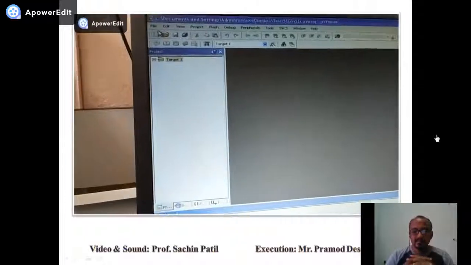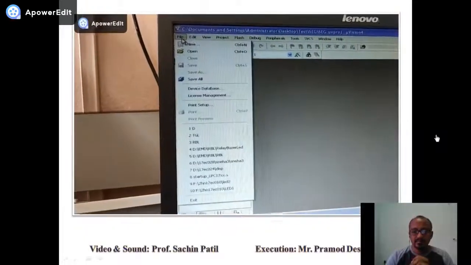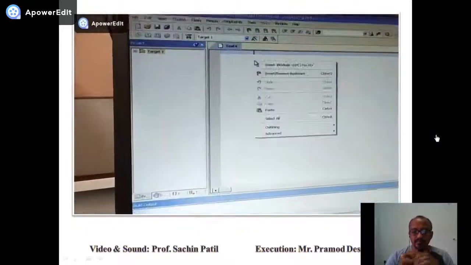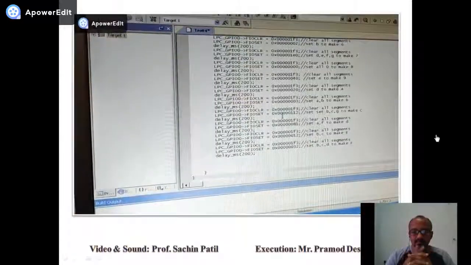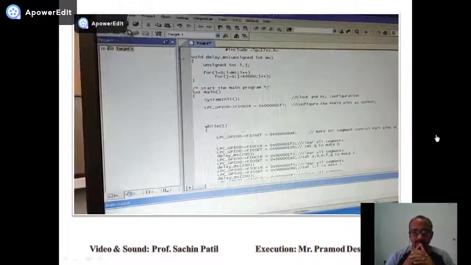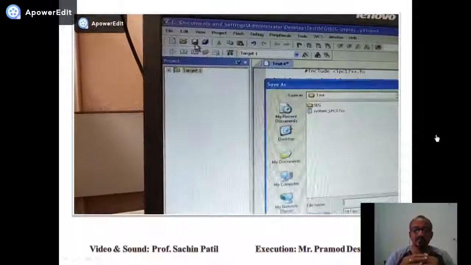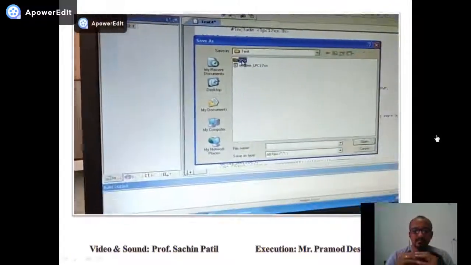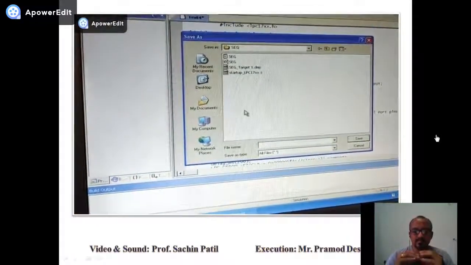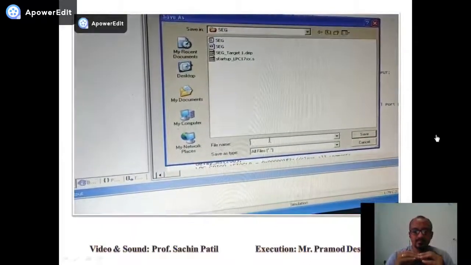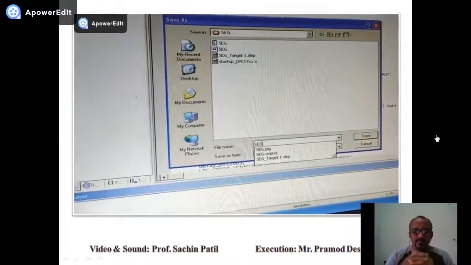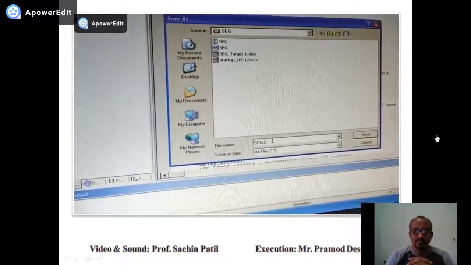Next, we create one C file where we write the code. It opens an editor window, and then we save it in the folder that was created, as seg.c.